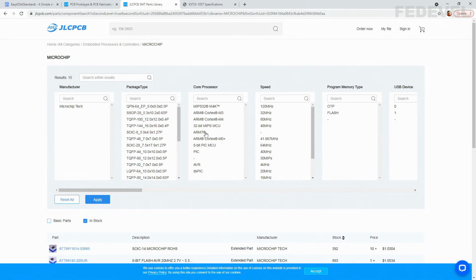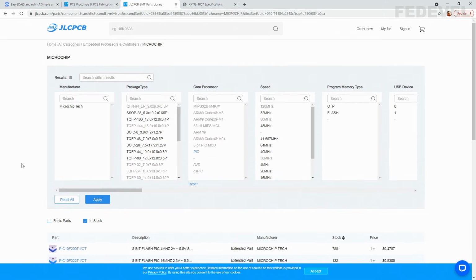many of these cores are a little bit more complex. We don't really need them. The simplest thing will probably be this 8-bit PIC microcontroller. But this is not the right one, because you can see there are not many, and this one is too big, 80 pins. We don't need 80 pins, we don't need 44 pins, and this is too small, 8 pins. It's not enough for what we need. I'm going to reset this, and I'm going to select this one. Okay, this looks better. Apply.